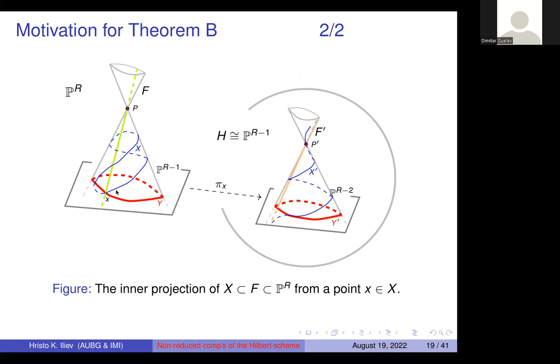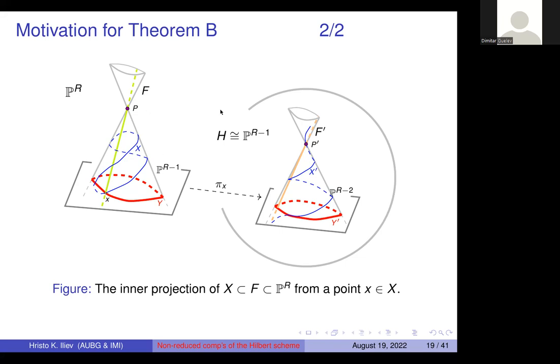So here is this blue curve that I denote here by x. And then if I take a point x on this curve and consider the linear projection with center x to a codimension 1 linear subspace